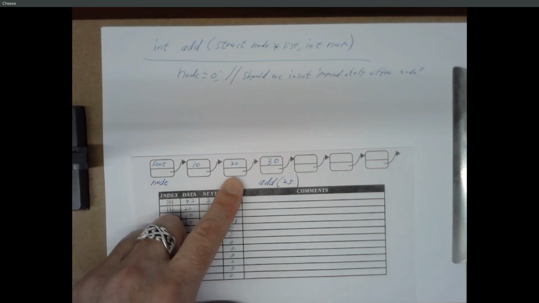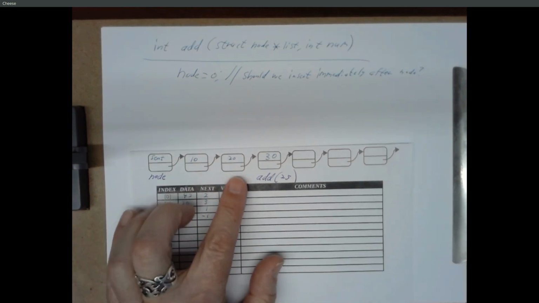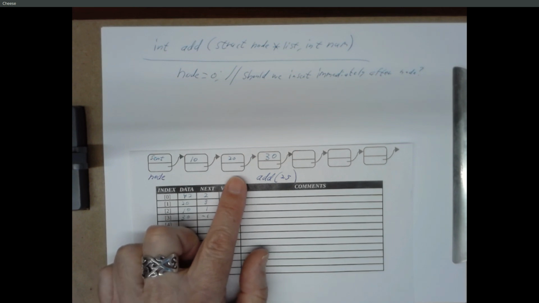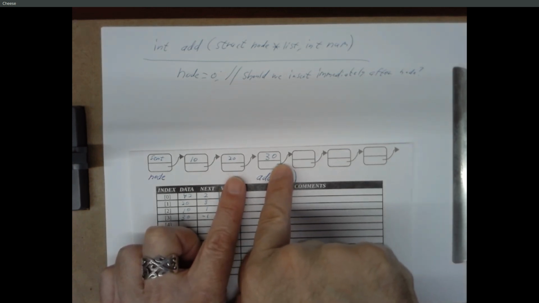Okay, now how do I know that the 20 is the node I want to insert after? I mean, we know it because we're smart. You're inserting less than 30, so less than the next data. Yeah, if it's greater than that node, and less than. Okay, so if the number we're going to insert is less than the following node, the node after node,